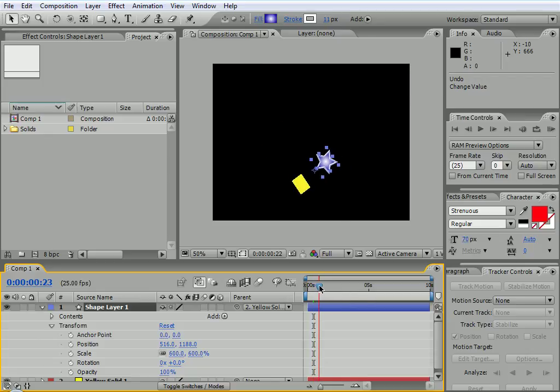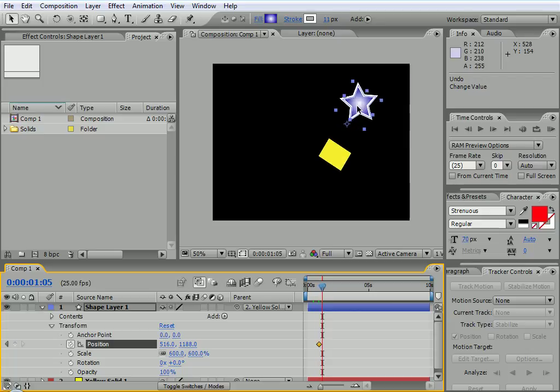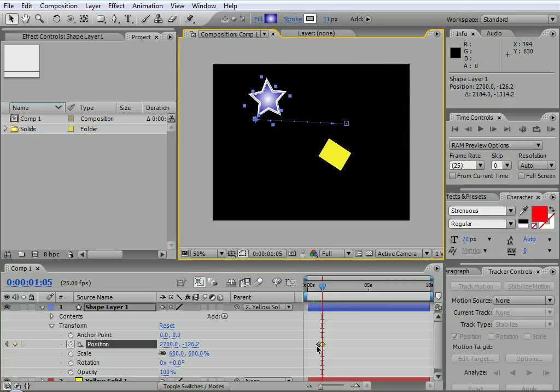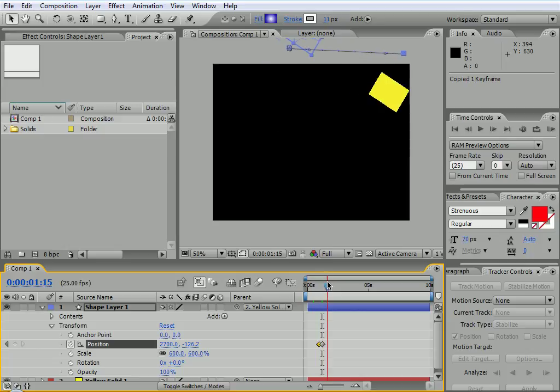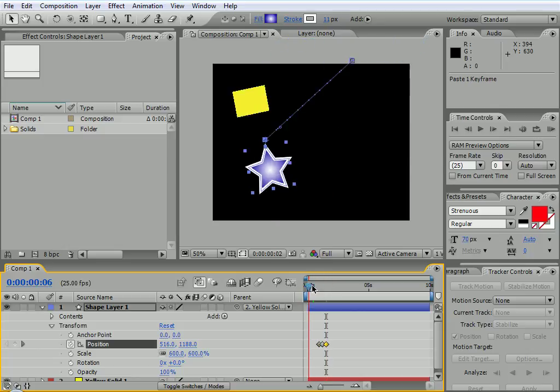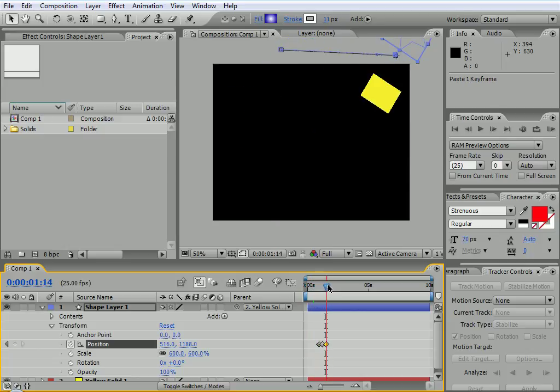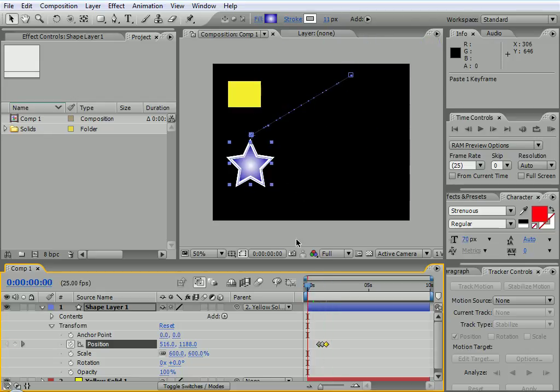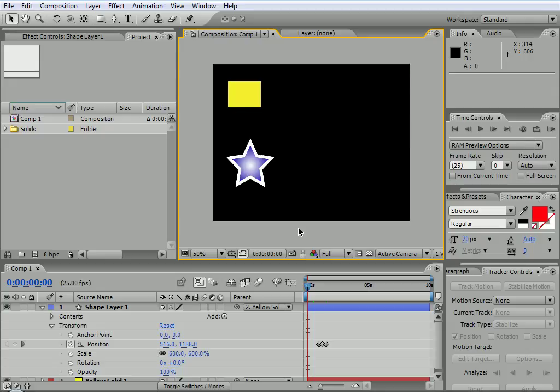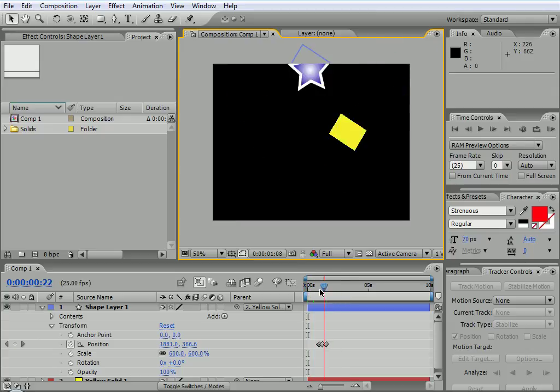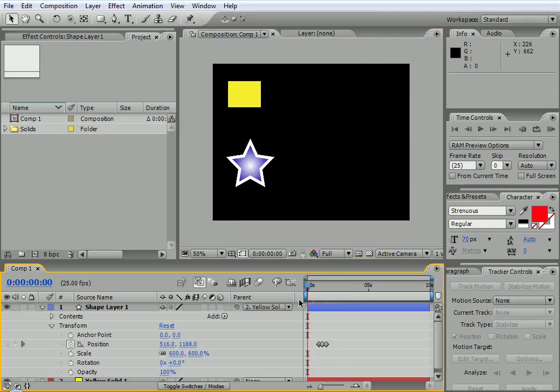So we grab the star, we set keyframes for the position, and then we move it to the side, for example. Then we copy this keyframe, we paste it here. So now it moves away and then comes back. So this is applying double transformation to the object, which is the transformation of the parent and the transformation of the child. So that's how you apply parenting in After Effects. Okay, try it in 2 minutes and then